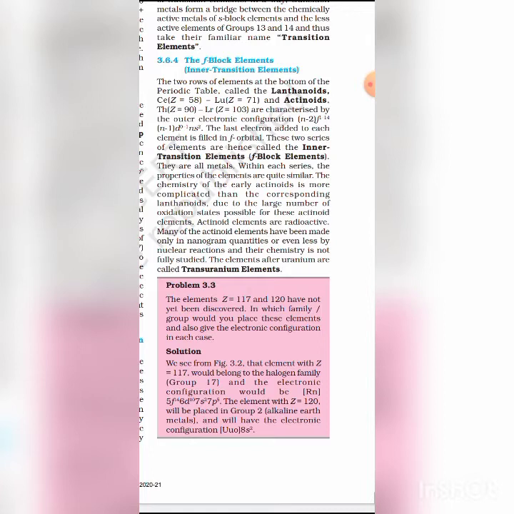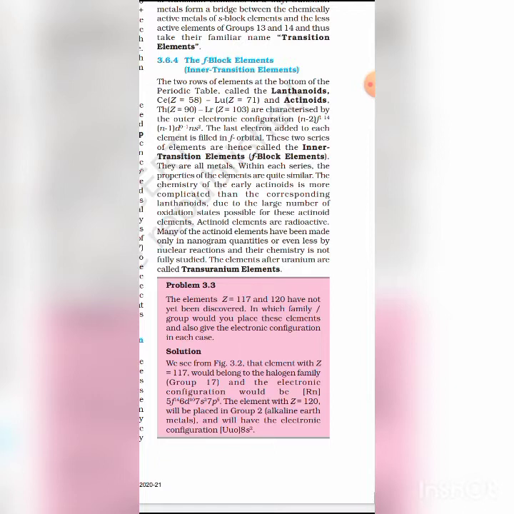The last electron added to each element is an f electron, and that is why they are called f block elements. They are also called the rare earth metals because they are found rarely in the earth's crust. They are all metals. Among lanthanoids, only promethium is radioactive. Properties are quite similar within each 4f and 5f series.